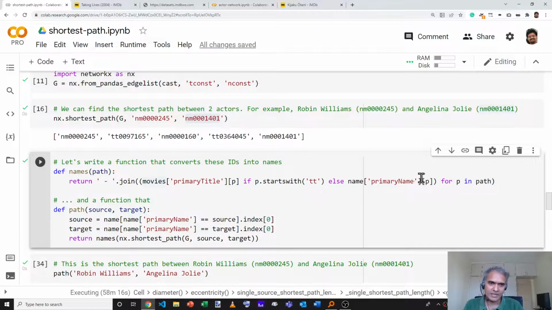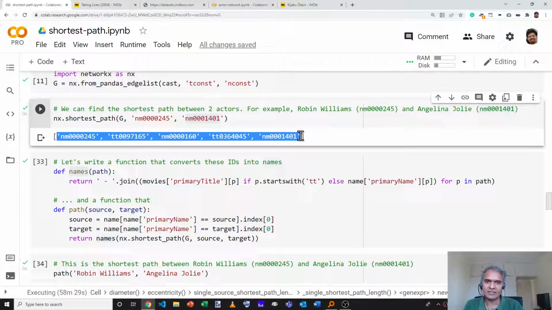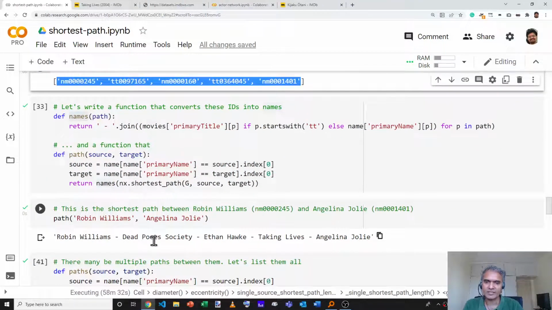Otherwise, it's a name, and we can get the primary name of the person from the name dataset for that particular person. So if I said names of this particular cell, then I effectively get the full result, which is Robin Williams acted in Dead Poets Society with Ethan Hawke, who acted in Taking Lives with Angelina Jolie.